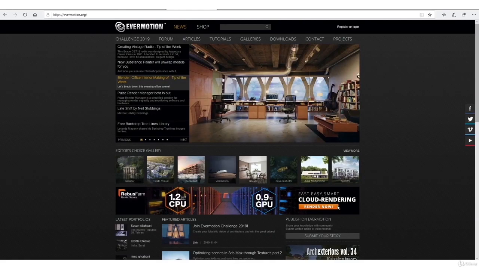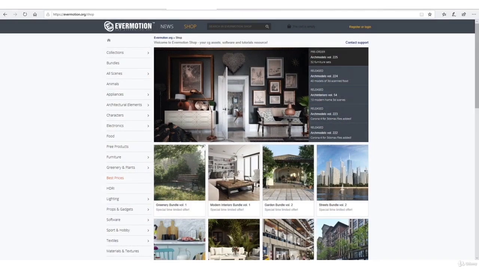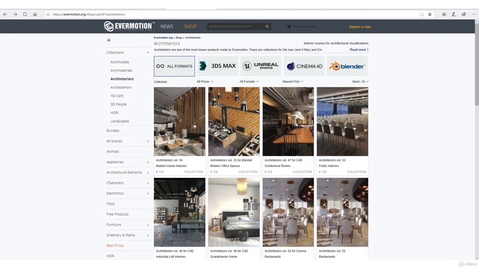The third site is Evermotion. And that's the website I used when I first started my career as a 3D renderer. This website is good to not only buy 3D models but to also keep up with the latest news in the 3D industry. Now, if we go to the shop menu, this website, apart from 3D models, offers interior and exterior scenes. If you click, for instance, at the collections menu and then select Arc Interiors, you will find collections